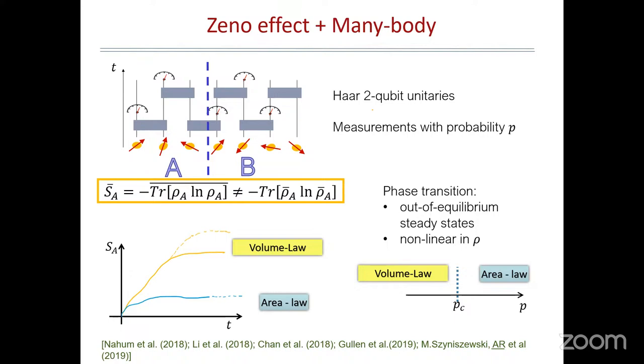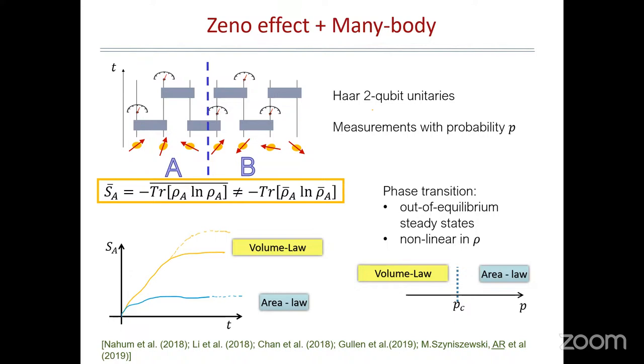So these are random unitary matrices acting on pairs of qubits. And then you perform some measurements at random. The projective measurement projects the spin either up or down, and this happens randomly. So at each site, with a coin, the coin will give you the probability whether you should perform the measurement. If you don't perform the measurement, with probability 0, you get what you expect. The system scrambles information, and you expect a steady state in which the entanglement is volume law, so perfect scrambling. The opposite regime is also very trivial.